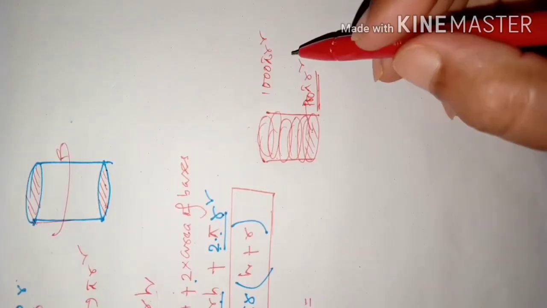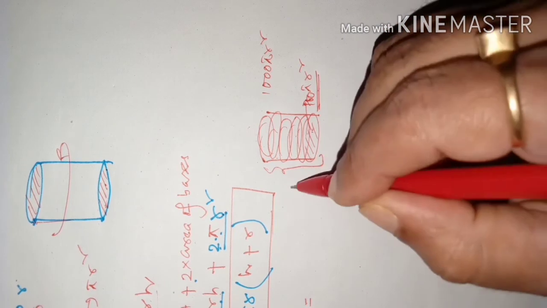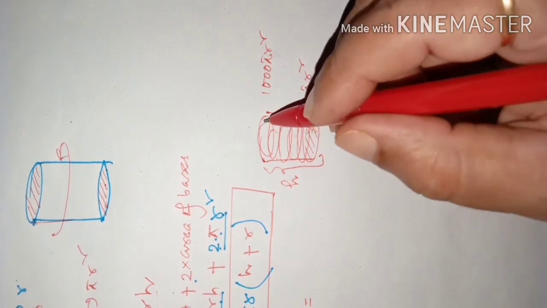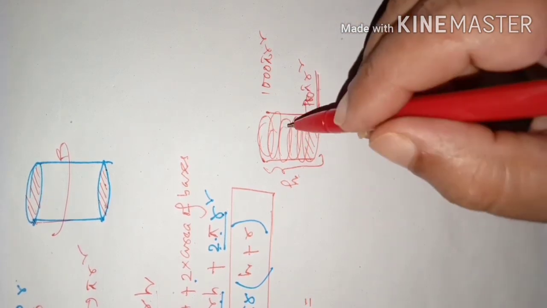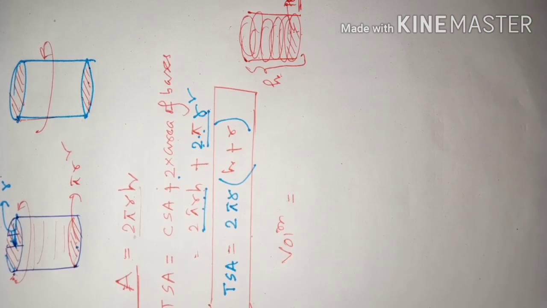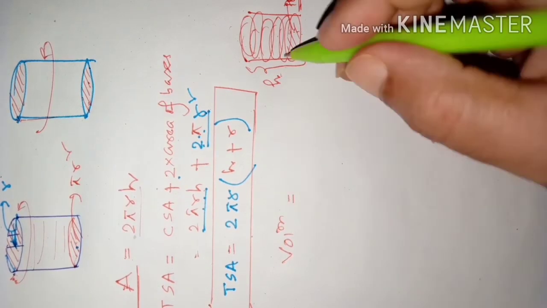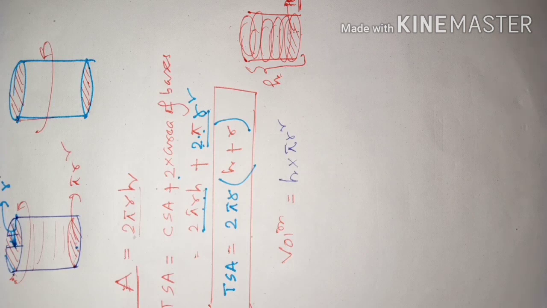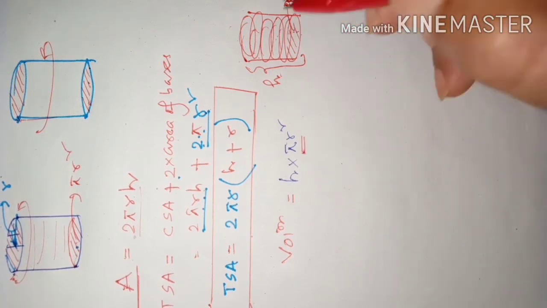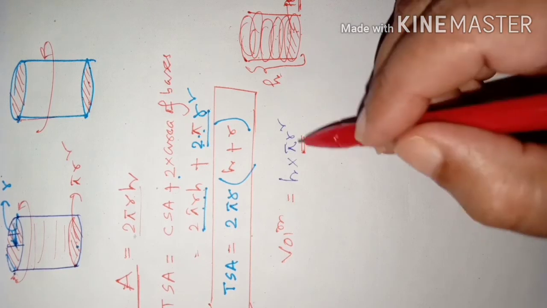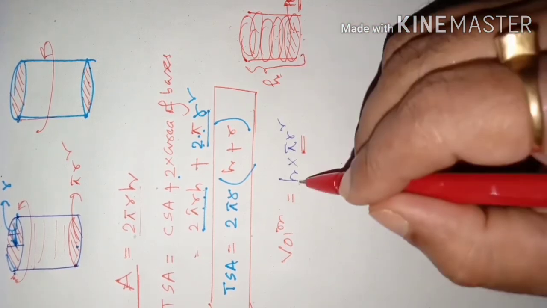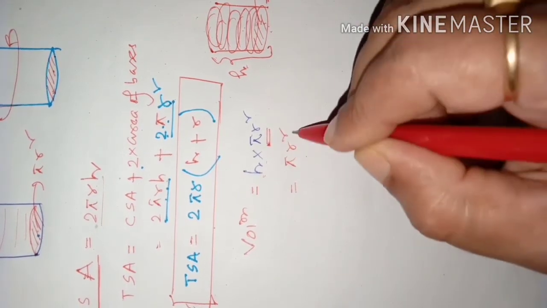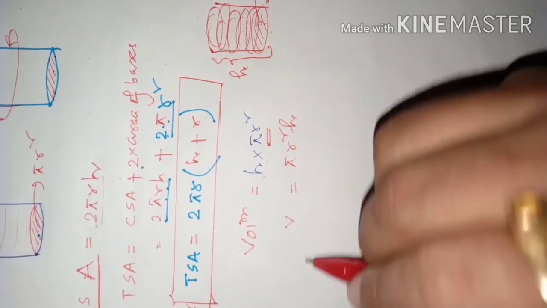So think there are suppose h number of such circles piled one over the other. Then h times pi r square space they will occupy or not. So space occupied by a body is called its volume. Therefore, volume of the cylinder can be said as h times pi r square, because pi r square is area of one circle, and actually a cylinder is made up of circles only. We can think that way. So the volume is nothing but pi r square into h. That is volume of a cylinder.